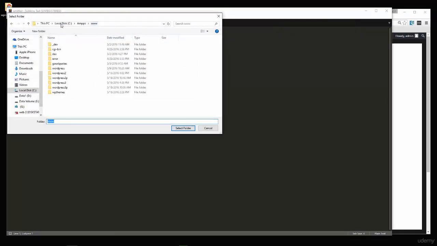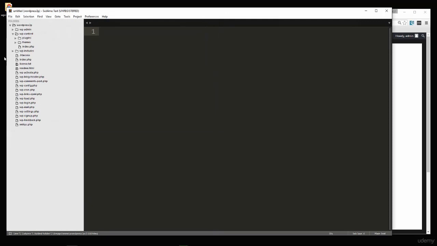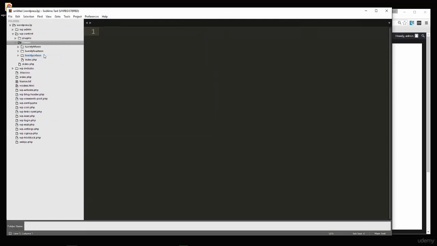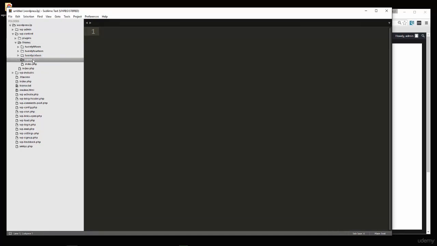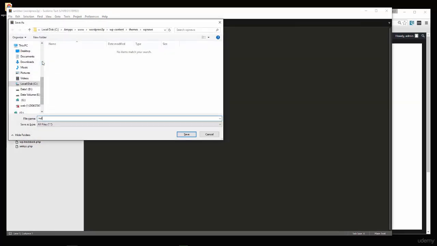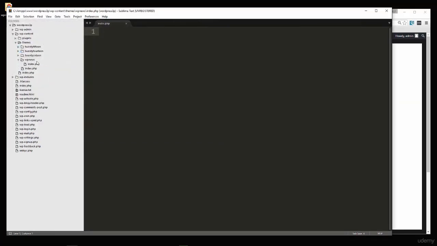Okay, so I have it in a folder called WordPress 3P. That's where my installation is. Then we're going to go to Themes, and create a new folder here called WPNews. We need 2 files to be able to activate the theme: index.php and